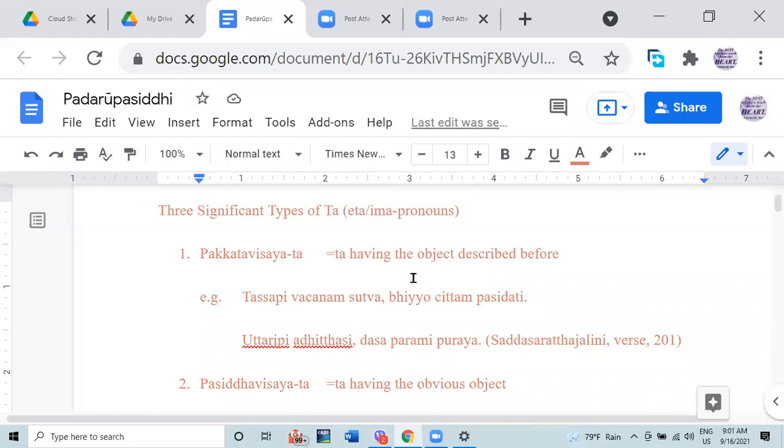Daba means we can say noun, maybe abstract, maybe concrete noun. So paganda visaya ta: the ta that has the object already described before, in the previous sentence, in the previous